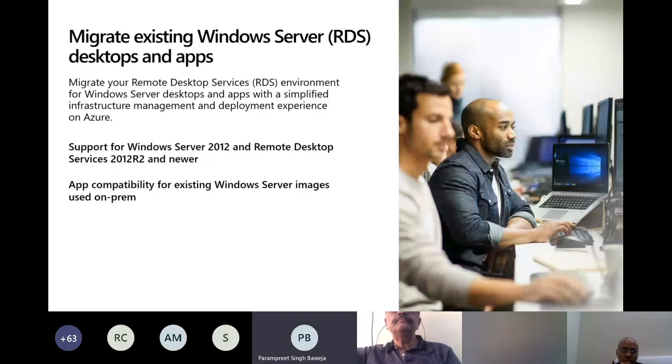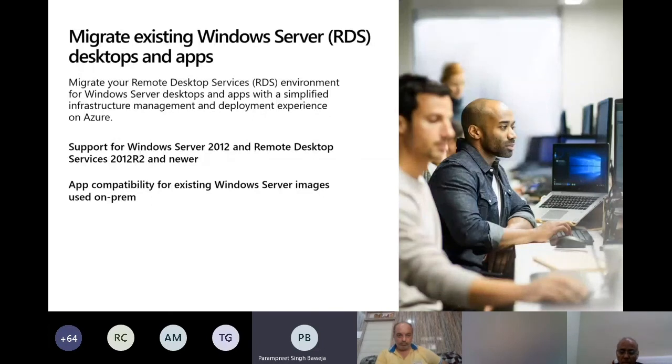Deployment and scalability. I told you that you can deploy and scale this in minutes. And also the good thing is that Azure has data centers available across 54 regions across the globe. So you don't need to worry about where your customer is located or where your development team is located.